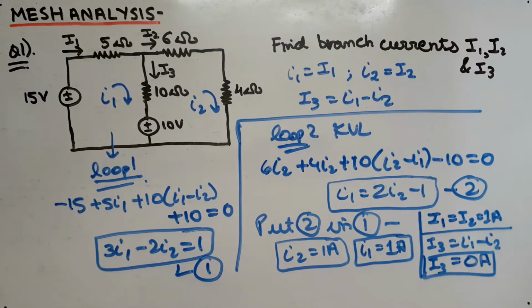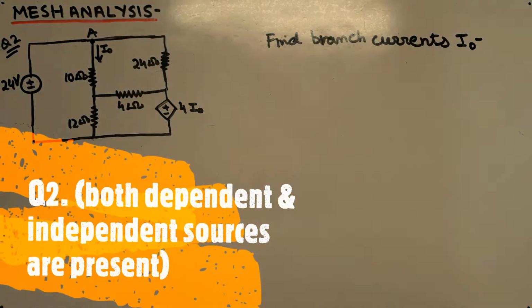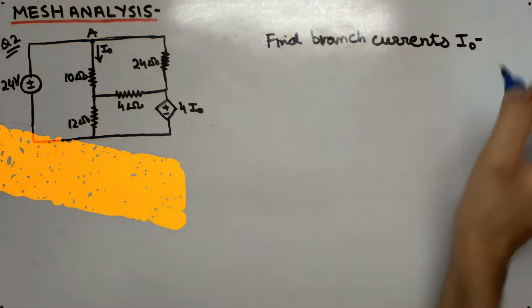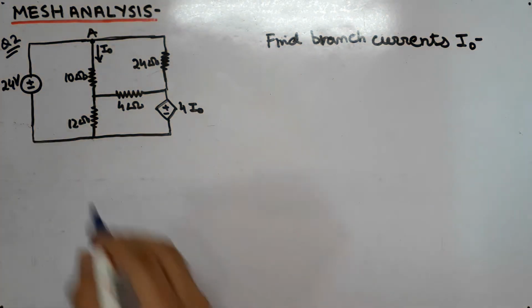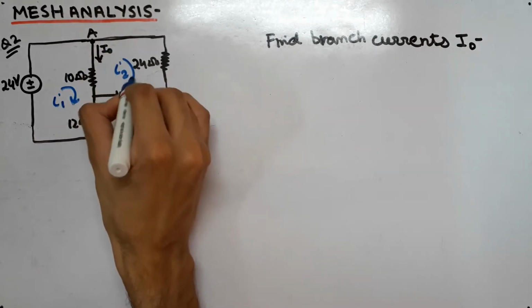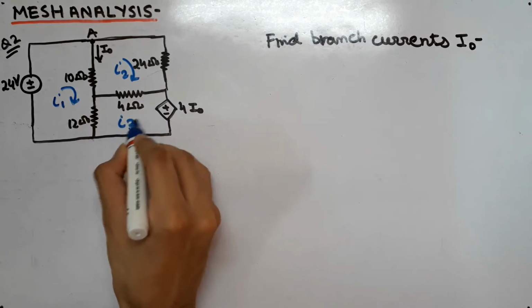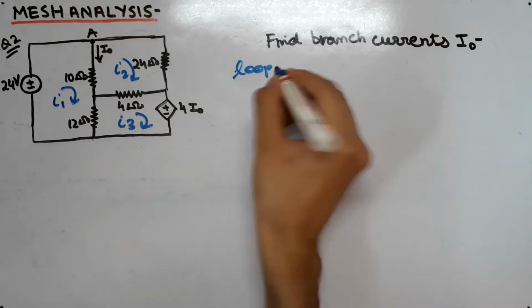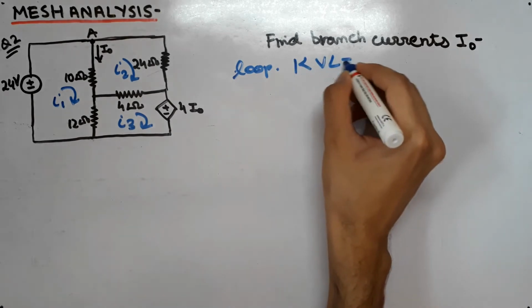So we found out the values of I1, I2 and I3, that are the branch currents in this circuit, using mesh analysis. Now we are going to do question number 2, which will also contain a dependent source. In question number 2, we have to find the value of the branch current I0. So first of all, we are going to assume currents in each loop. That is, here we will assume current i1 and here we will assume current i2 and similarly i3 in loop 3. Now in loop 1, we are going to apply KVL, that is over here,